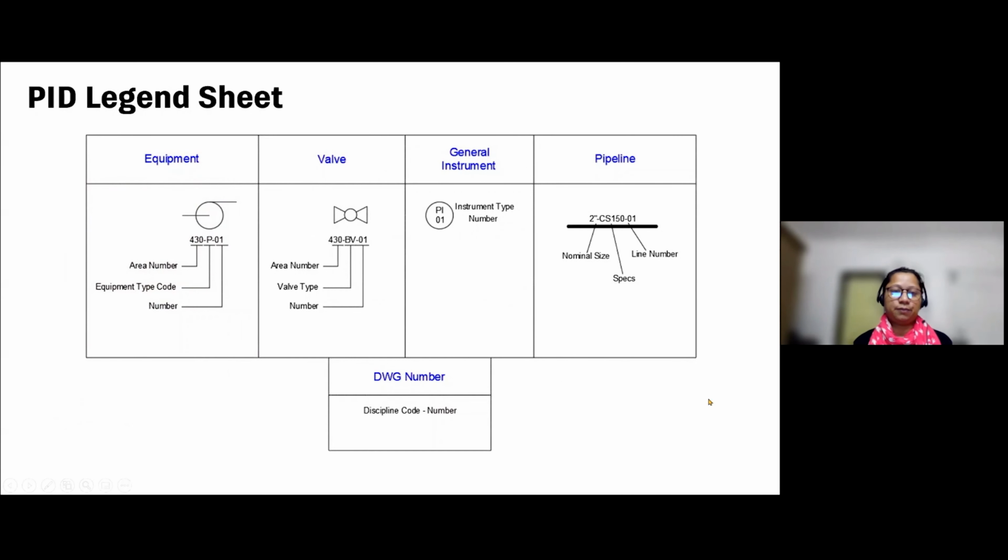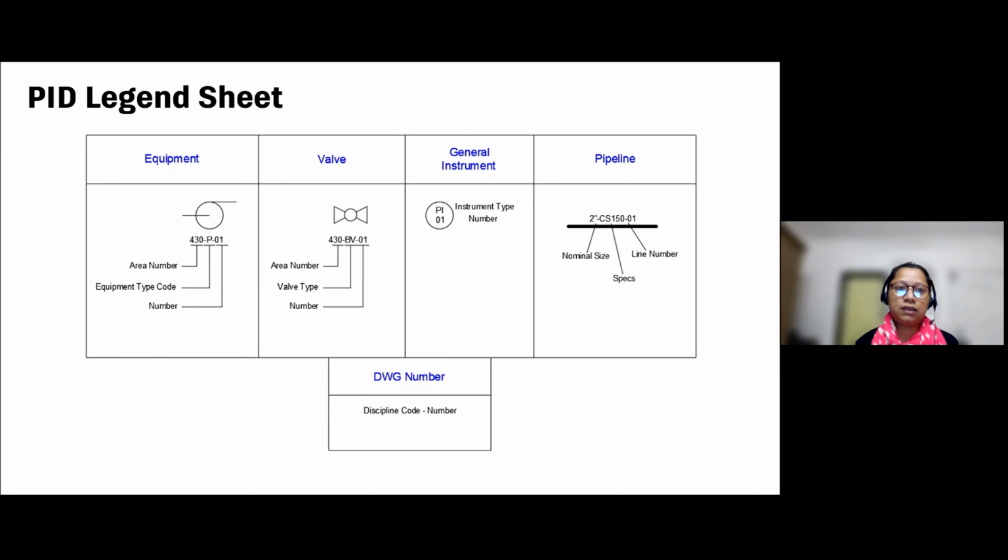So let's begin. I have created one P&ID legend sheet, which I usually get from our client. Once I receive such a legend sheet from a client, it helps me to customize the project.